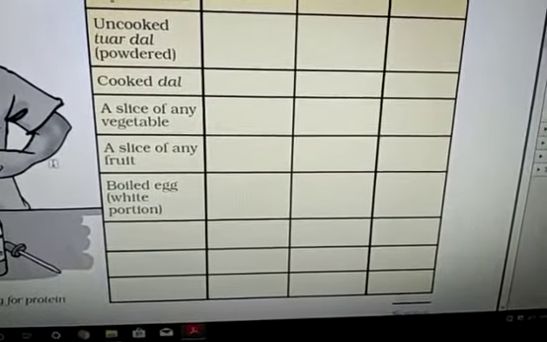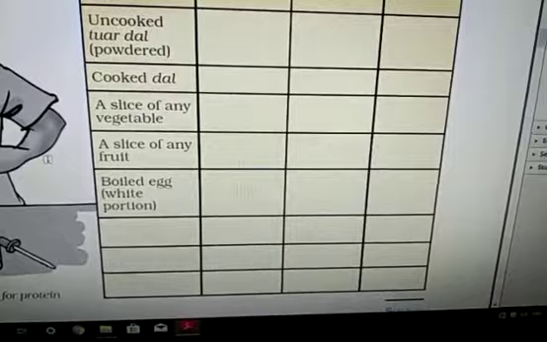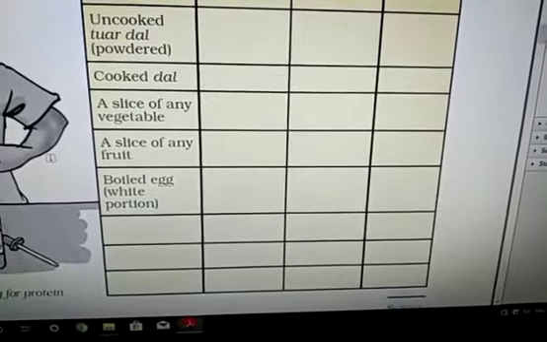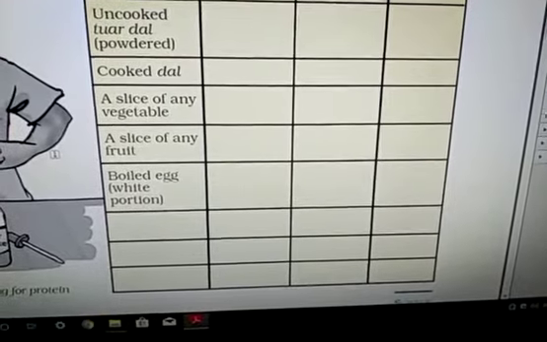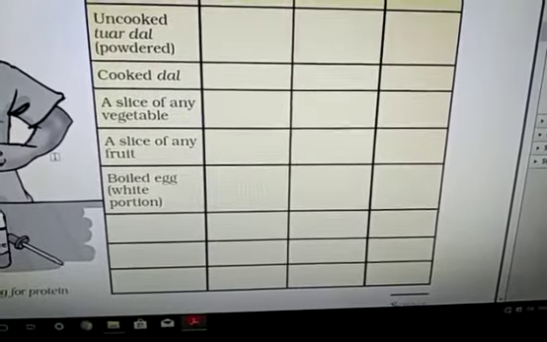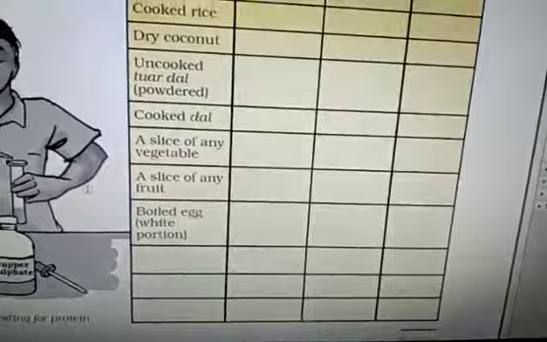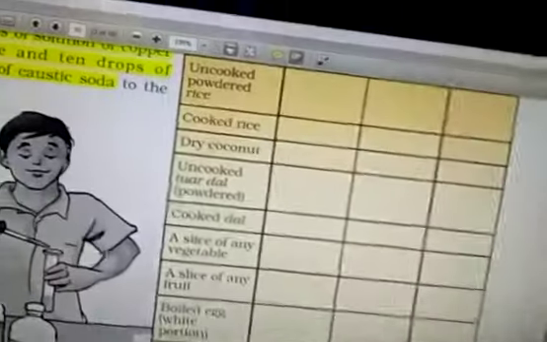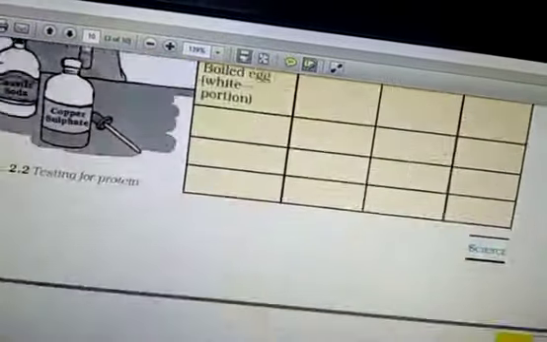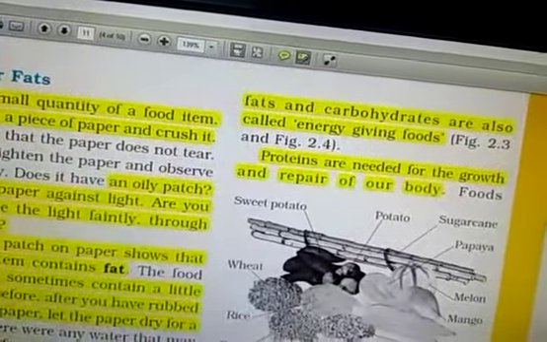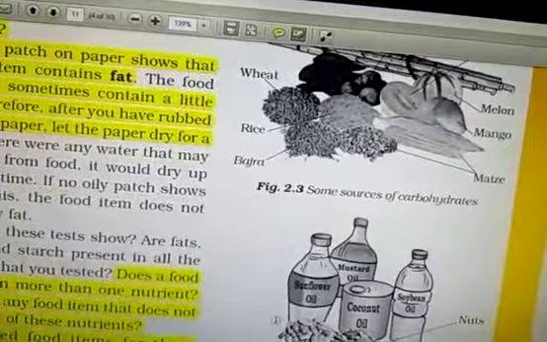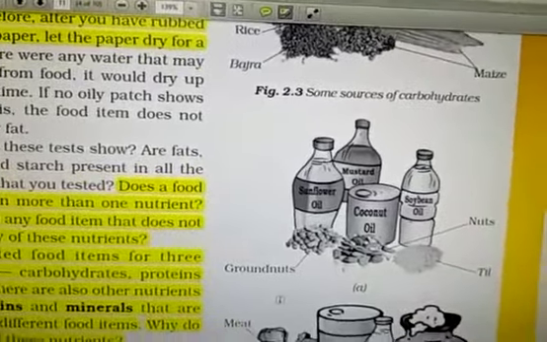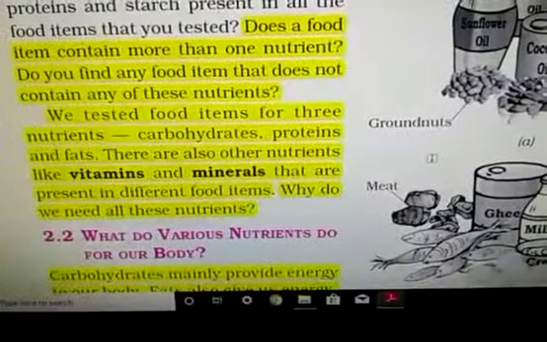A slice of any vegetable, आपको इनमें से कुछ भी नहीं मिलेगा. A slice of any fruit, again you can't get anything. Boiled egg white portion, you get the protein here, right? So in this way you can test the different nutrients in your food material. But remember, you can test only 3 nutrients, that is starch, protein and fats, right? Now